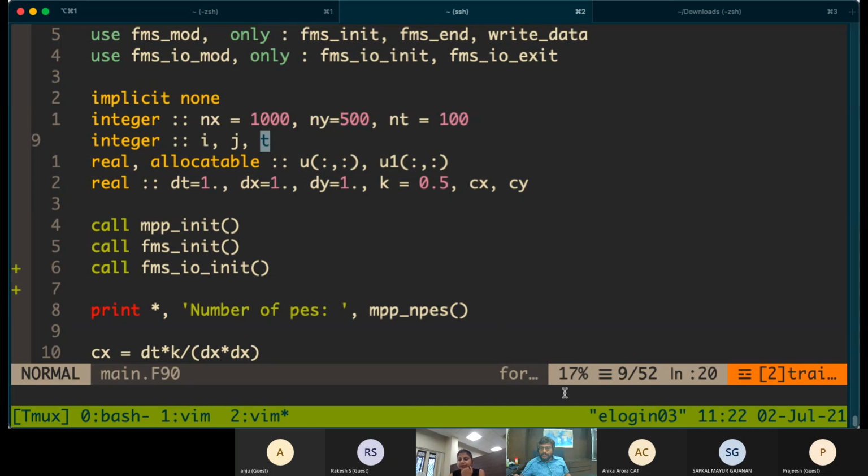Prajesh, I think your cursor is at T. I think we all have to log out and log in again.